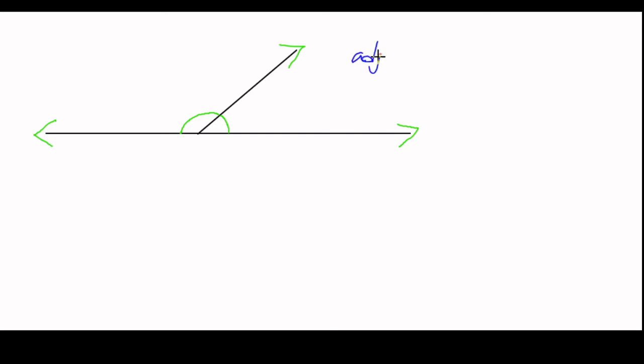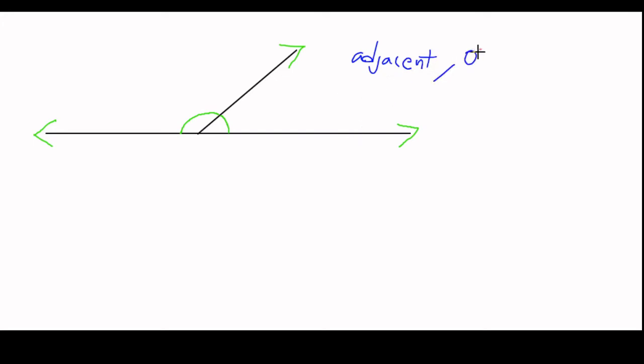This is a line. Okay, and if on that line at a particular point I am going to draw another ray by which it will be converted into another line. On the line you can see two angles are formed. I will show you. Suppose I am drawing a ray over here, so we can see two angles on a line, one over here and another on the other side of the common arm. On the opposite side we are having two angles now.